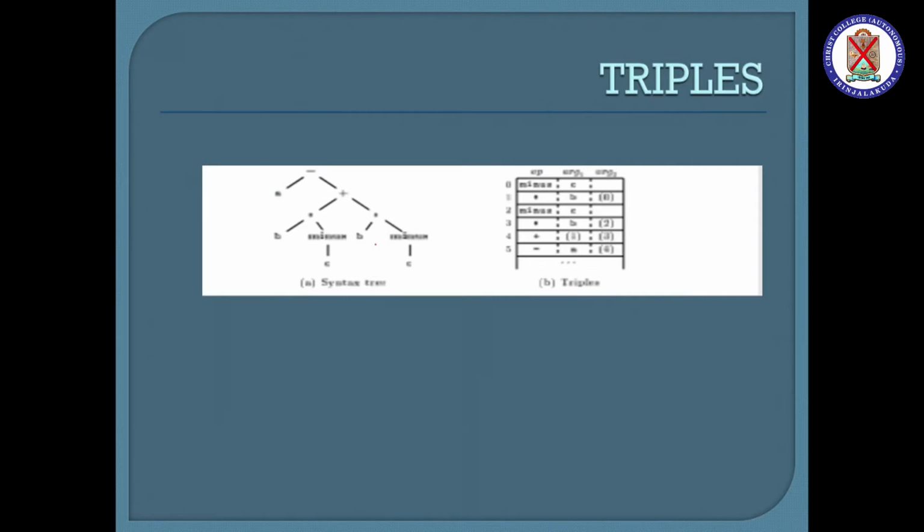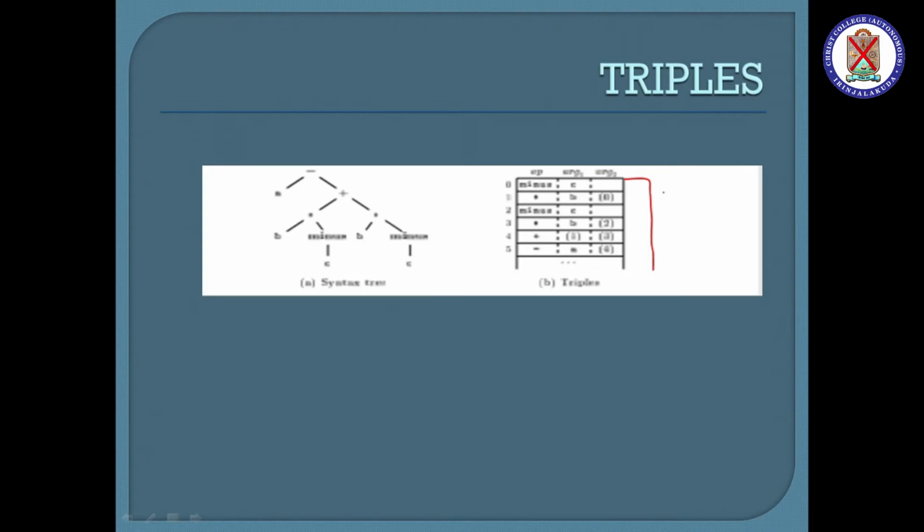Next one is the triples. In the triple, we are not using the result field, which is explicitly saying where we are saving. That is being avoided. So what is the use in the triples? Triples will optimize the compiler. Since we are not using a field, it will use minimum memory space, so it optimizes the compiler. We will not specify the result explicitly here.